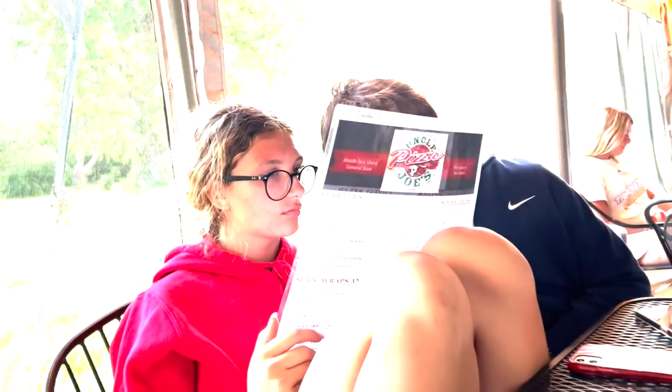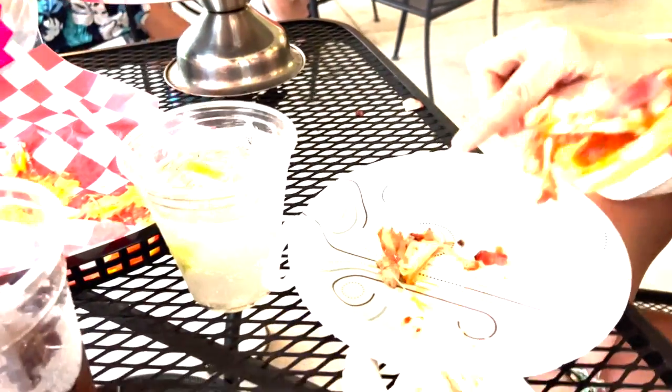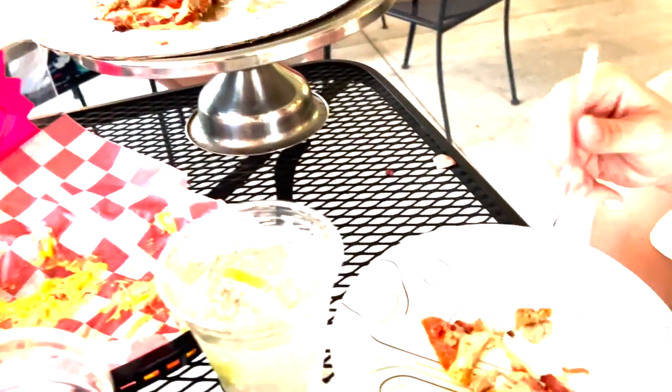So we've left Hazards and we came over to the general store and we're gonna order a pizza. So Kate and I got cauliflower crust. It's crushed, it's already almost gone. Sorry, I tried to show it to you. She got the meat lovers and I got